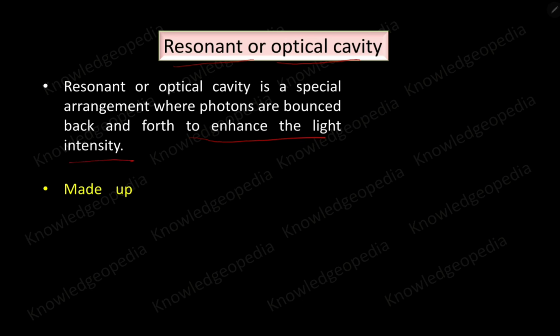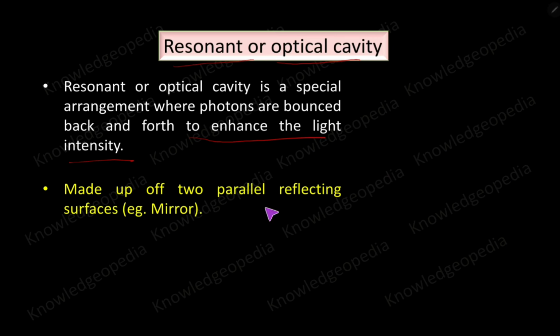And generally it is made up of two parallel reflecting surfaces. That surface may be, for example, a mirror. So for this arrangement, there are two parallel surfaces kept in the laser medium, and these two surfaces are reflecting in nature. So what happens in this case,